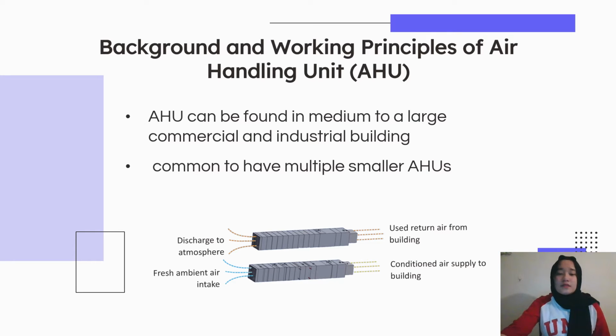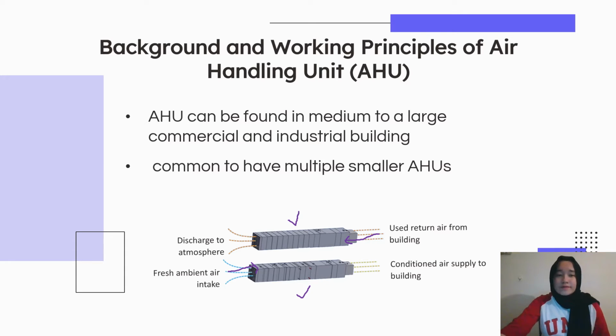As we can see here, this is the diagram of the air handling unit housing. The working principle: the AHU has two housings. The first one here is the return air housing, and this one is the supply air housing. I will explain the return air housing first. The return air from the building will enter here and will discharge the return air to the atmosphere. As for the supply air housing, the fresh ambient air intake is pulled through by the AHU and supplies conditioned